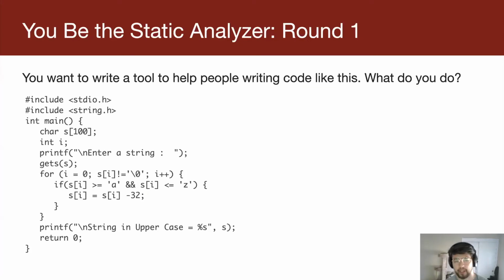So let's play a game. Let's play the You Be the Static Analyzer game. I'm going to give you some code, and you're going to tell me if you were to write a static analyzer, like if you were to try to spot these issues, what would you do? So here we have the code from last class where, man, I'm really giving Tutorial Point a hard time, but it's bad code. And you want to try to help people who are writing code like this. How do you find them, or how do you help them find their issues? Like, if you were to write a program to find the issue here, what would you do?